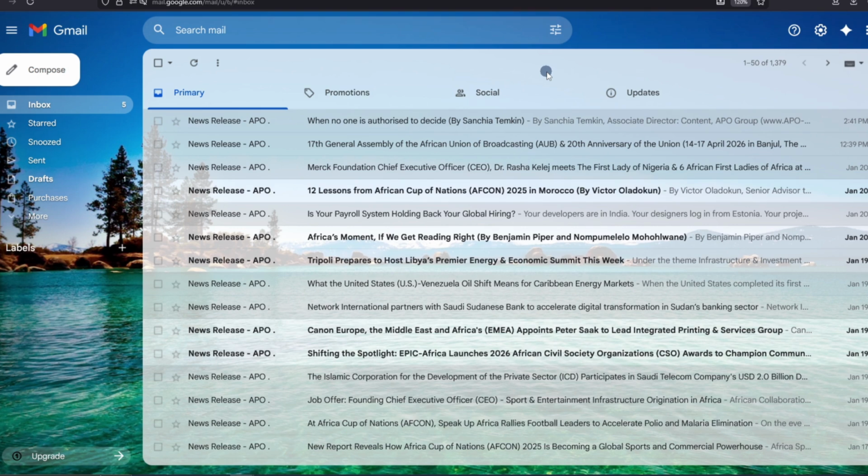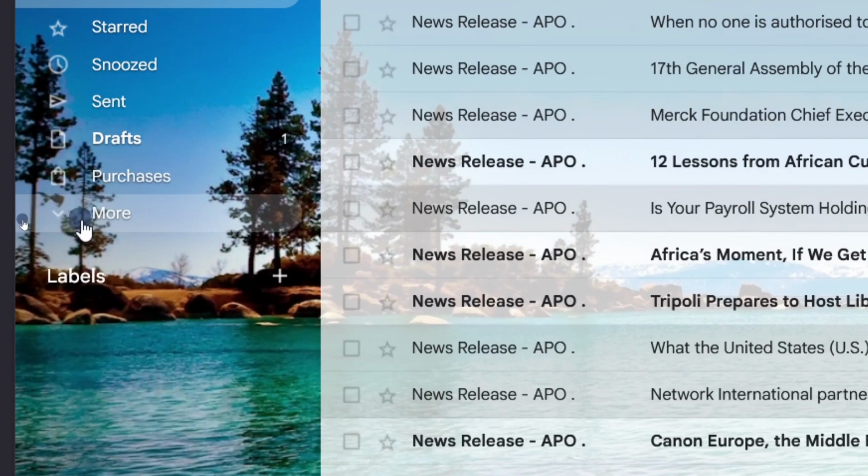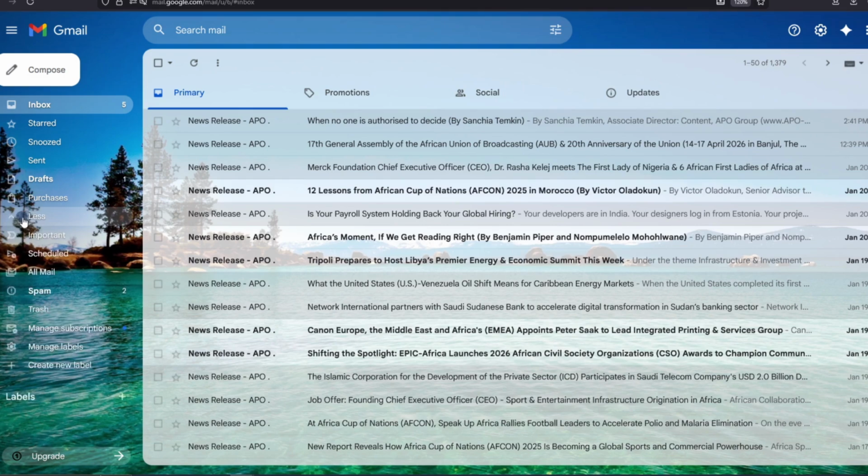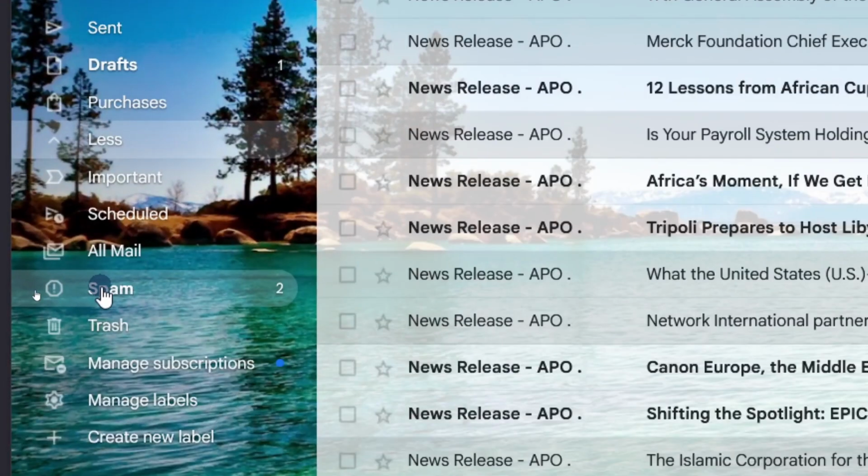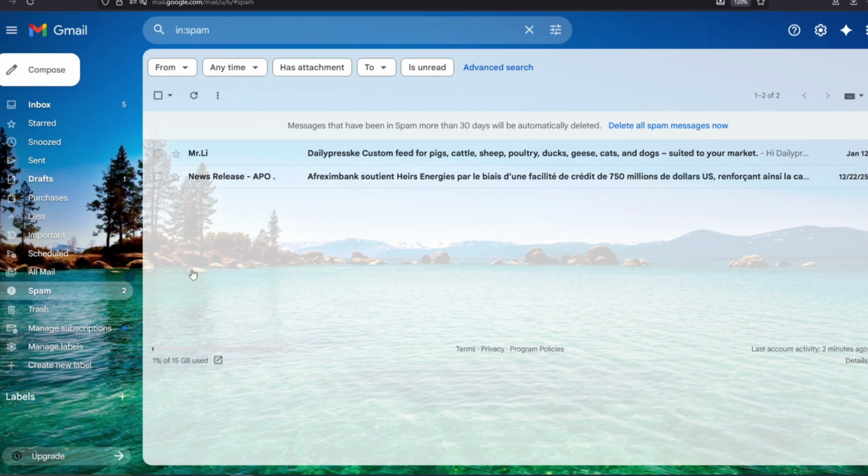Some of the emails might be sent to spam if they are flagged as being malicious, and most likely the mailing system from the sender was not properly set up. So to get the emails, go to your inbox and then you should see this option for more. If you tap on more, now you should see we have spam here. Currently, if I tap on spam, you can see we have already 2 emails available in my spam inbox,